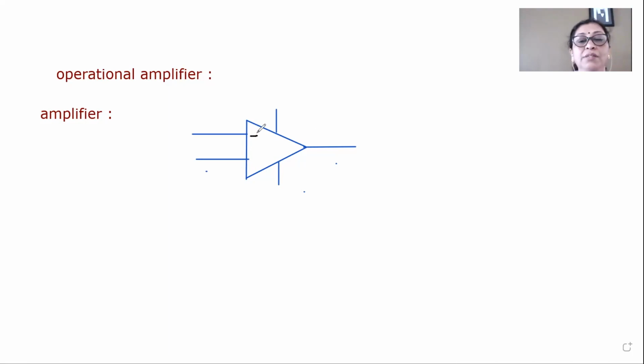One input is designated by minus and another input is designated by plus. Here you can apply positive voltage and here you can apply negative voltage. Such a bipolar power supply needs to be applied to the operational amplifier. So the terminal which is designated by the minus sign is called